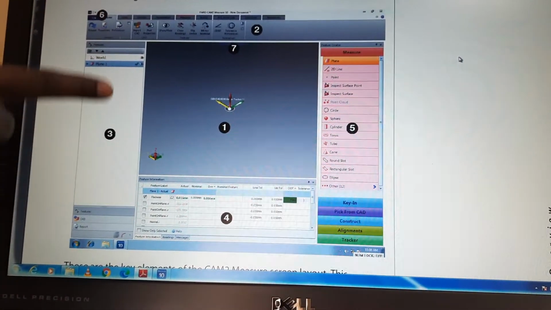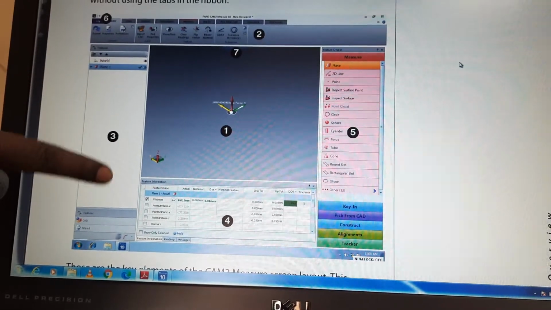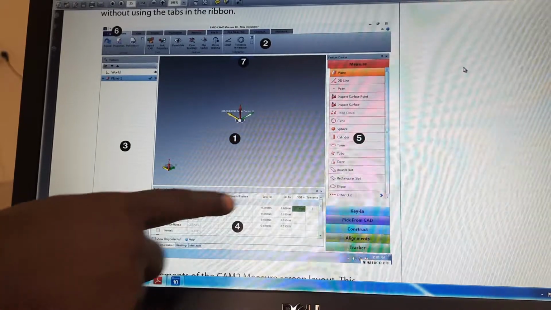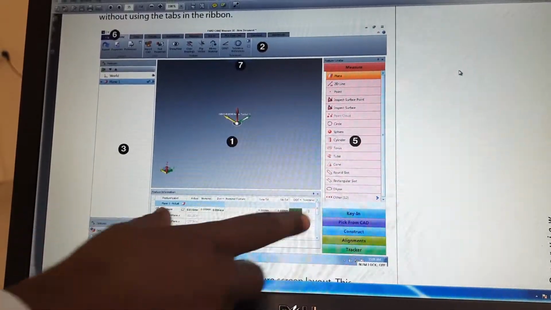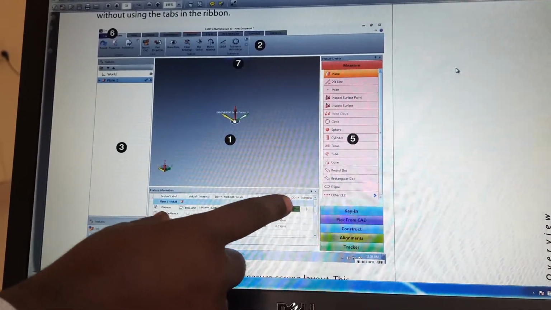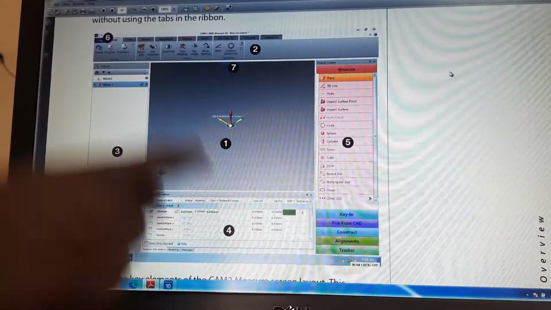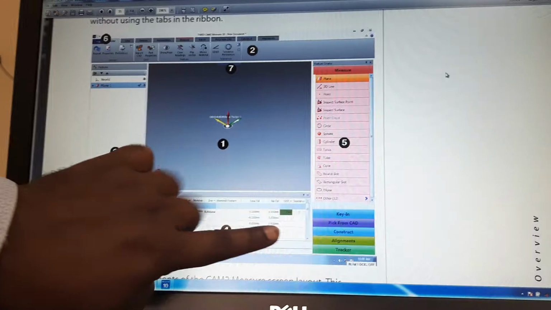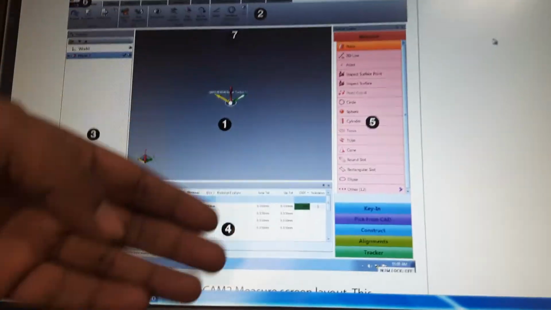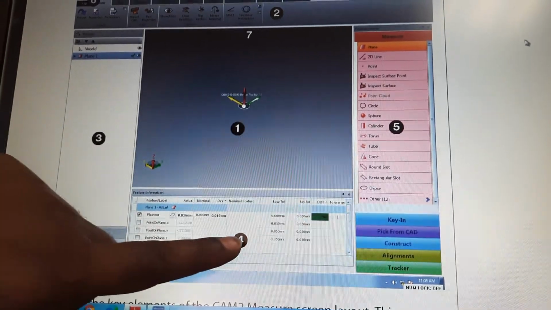Here we can see all the shapes. Fourth number is our message reading panel. This is called the message reading panel, or we can also say feature information panel. In this panel we can see all the parameters of the object.